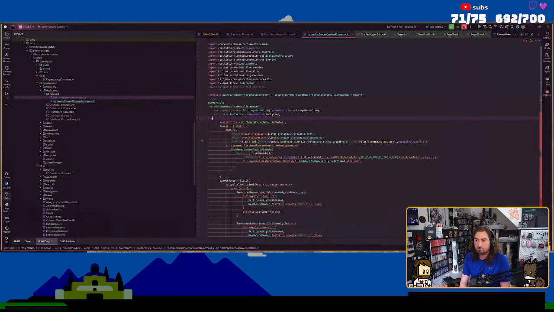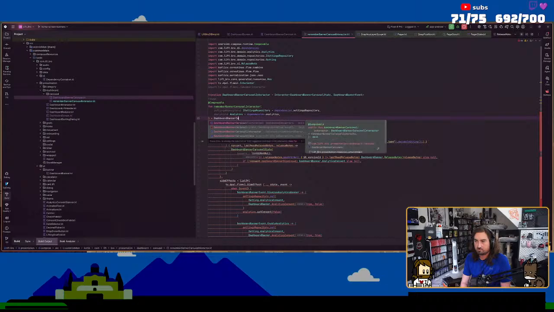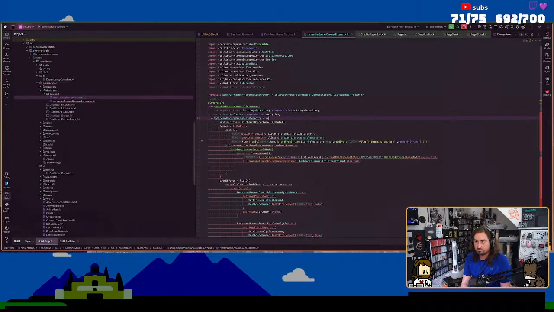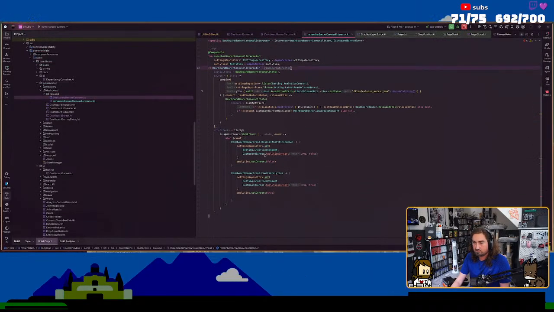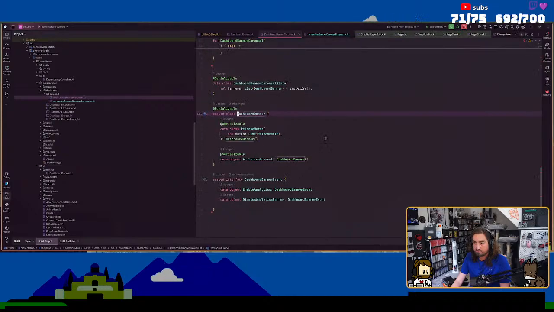The money, dashboard, banner, carousel, interactor. Just remember carousel interactor. Oh wait. Oh, wrong side. There we go. Why can't you see?